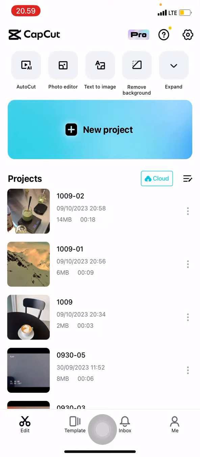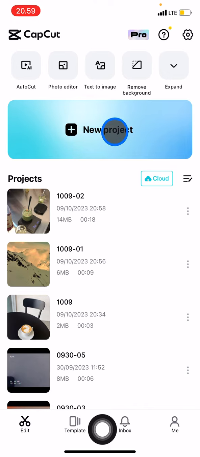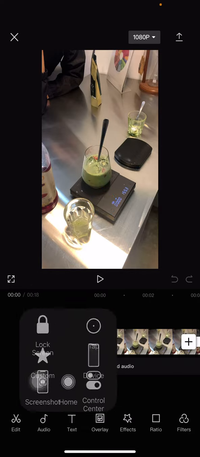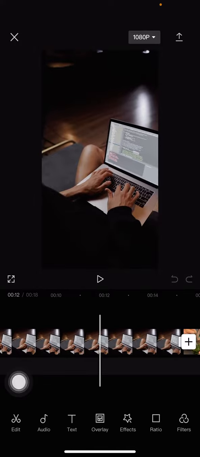So first thing we're gonna do is open the CapCut application, and you can just click a new project if you want to cut your new video. But here I will show you from my previous project. On my previous project I already have 3 videos, but as you can see the duration is quite different, so I want to